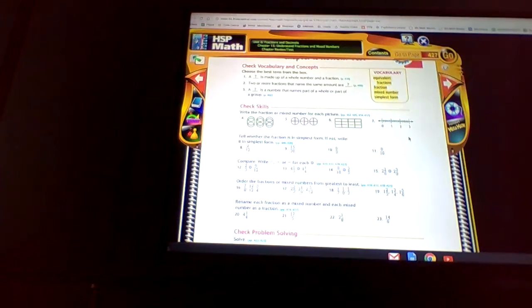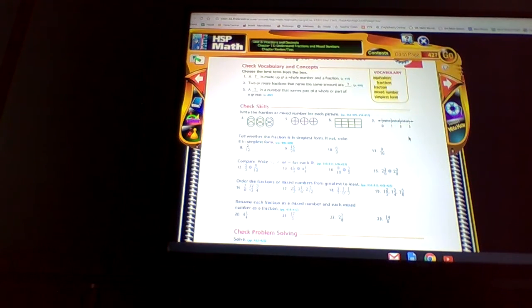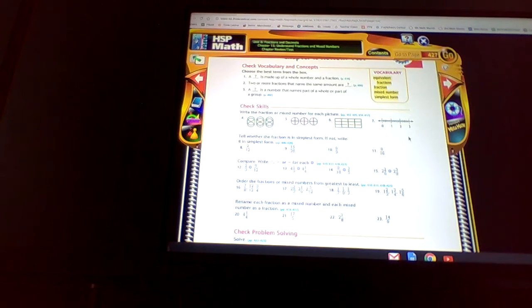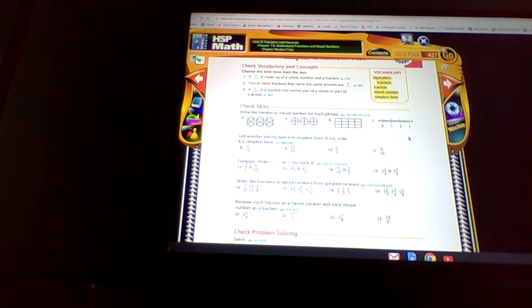Okay. Number 12. You have to compare. You have to tell me if it's greater than, less than, or equal to. They're making our life tough on all of these, and they don't have common denominators. Let's do number 12. 2/3